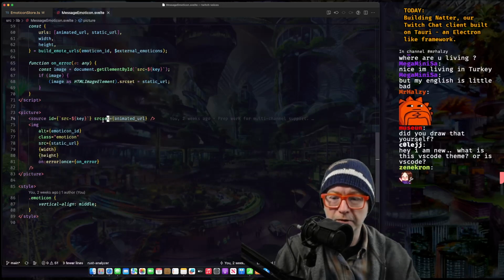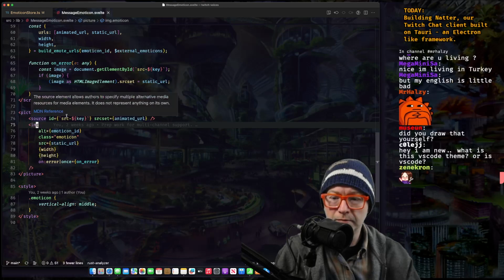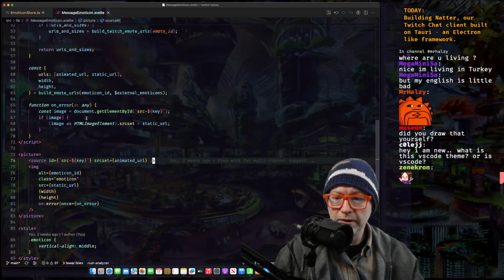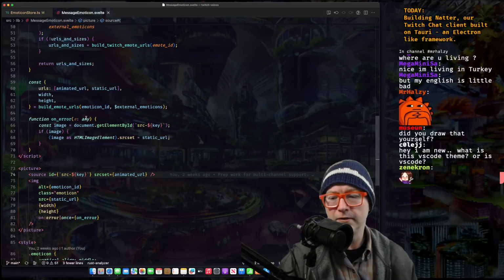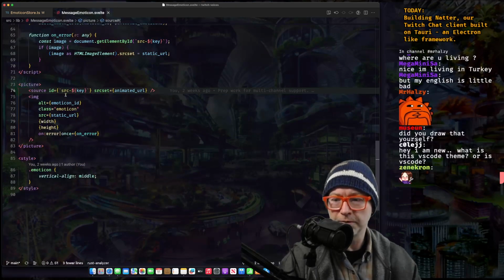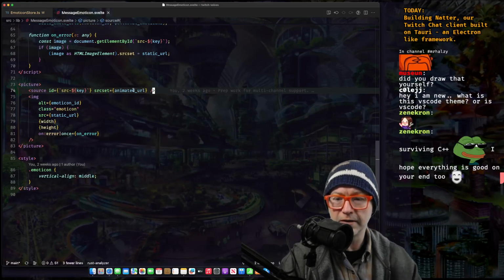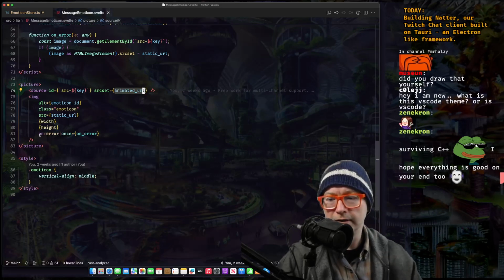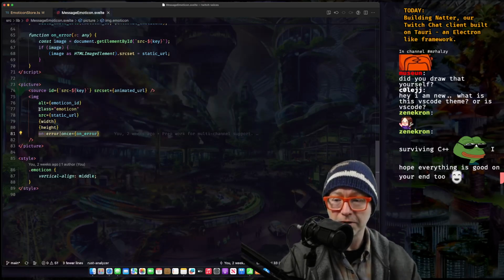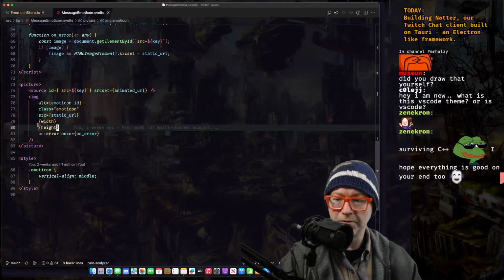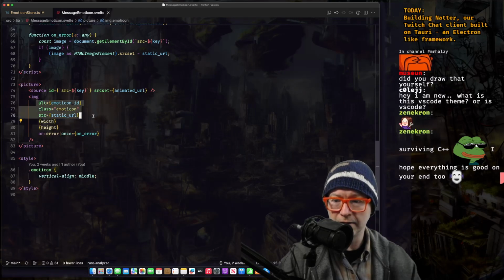So we need to have a couple of URLs. So how does this work, right? When we display a picture, we give it source. Right? And at this point, we're saying, hey, we want to display the animated URL first, and then on error, if that doesn't work, we're going to set the source to the static bits. Right, we also provide width and height and some other stuff.